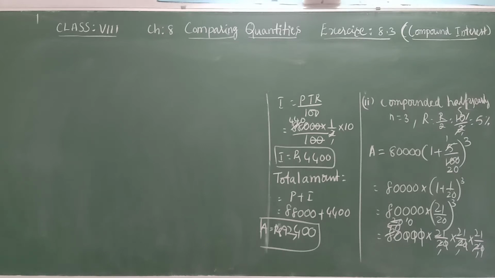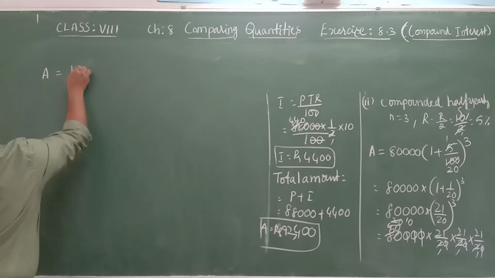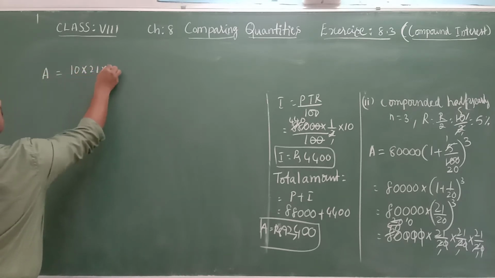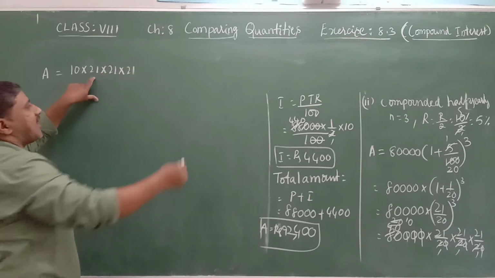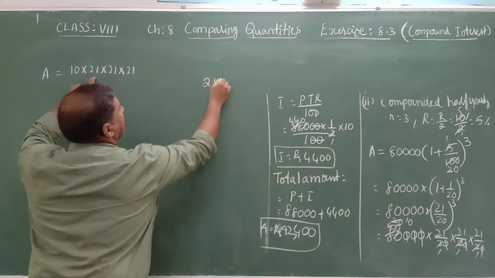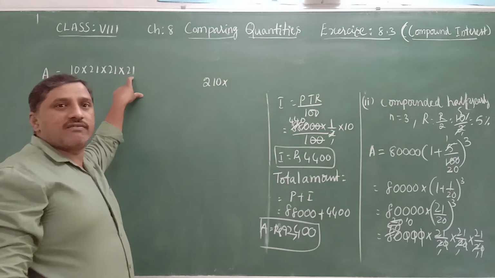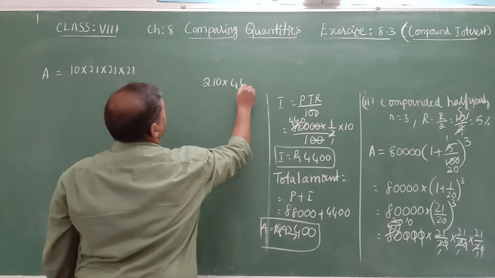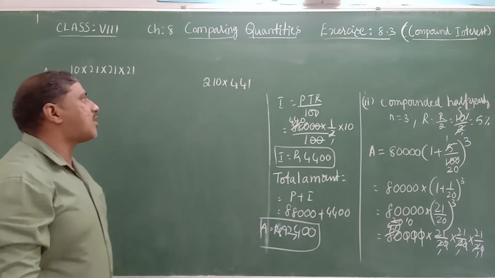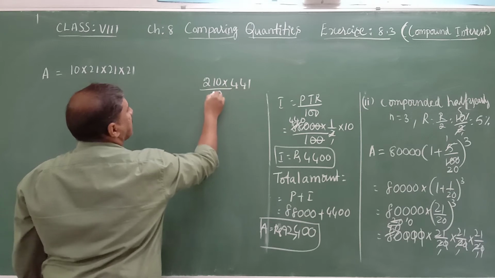Now we will continue the calculations. Amount A is equal to 10 into 21 into 21 into 21, multiply. So 10 into 21 is 210, and it is multiplied with what? 21 into 21, what will be the answer? It is 441. So multiply 210 with 441, we will get 1 zeros are 0, 1 ones are 1, 1 twos